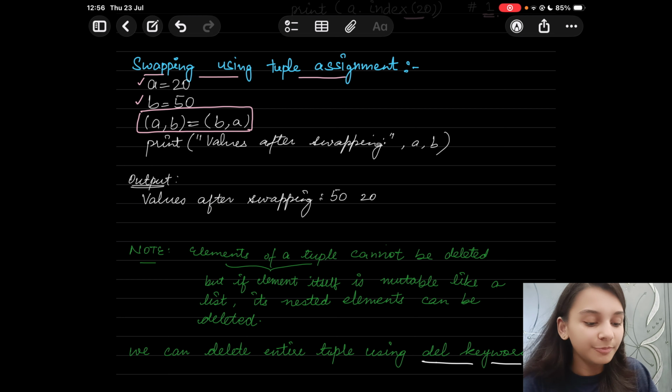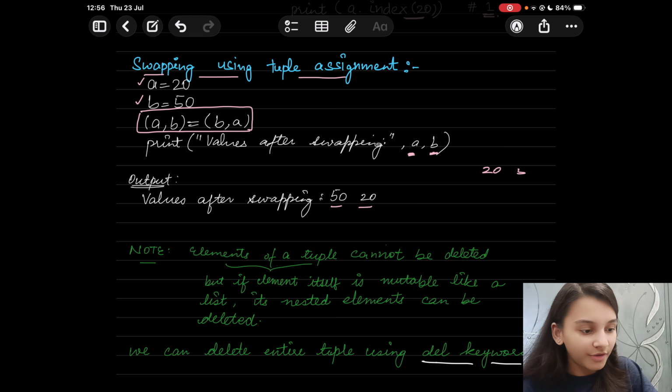And now on printing values after swapping, a would be assigned the value of b and b would be assigned the value of a. So, the values get swapped and now we have 50 and 20. Earlier it was 20 and 50 for a and b, and after swapping, it becomes 50 and 20.